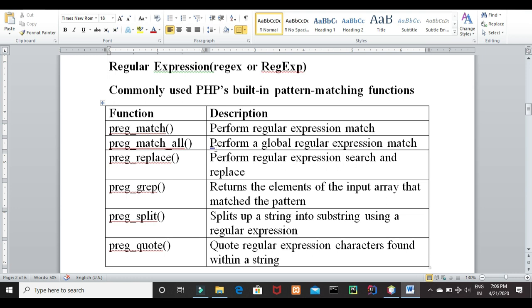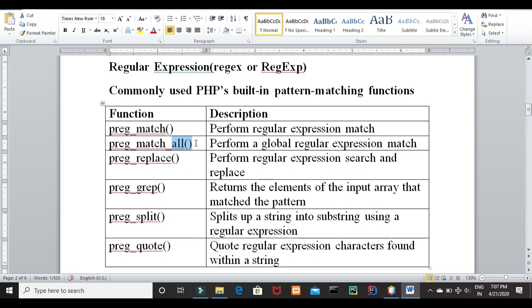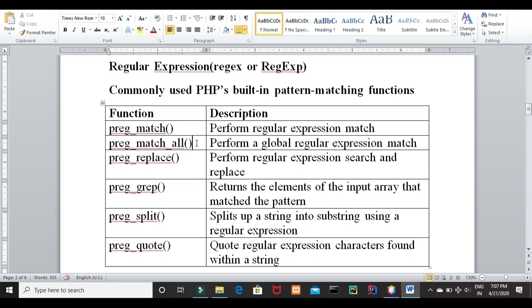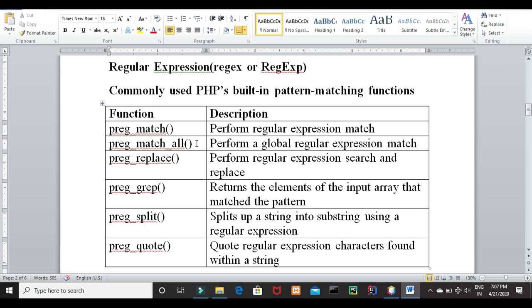It performs a global regular expression match. What exactly is the difference between preg_match and preg_match_all? The PHP preg_match function stops searching after it finds the first match, whereas preg_match_all continues searching until the end of the string and finds all possible matches instead of stopping at the first match.